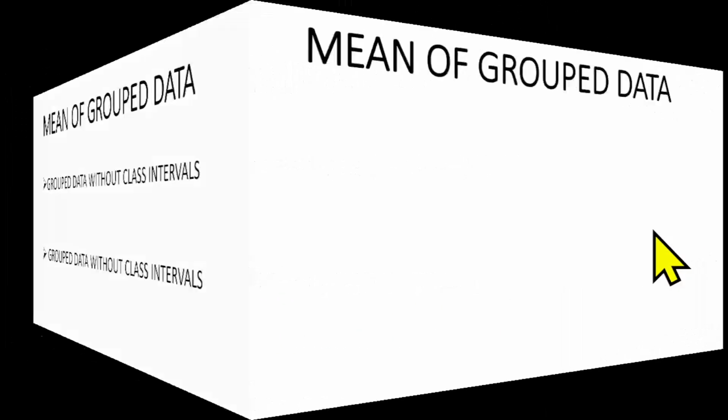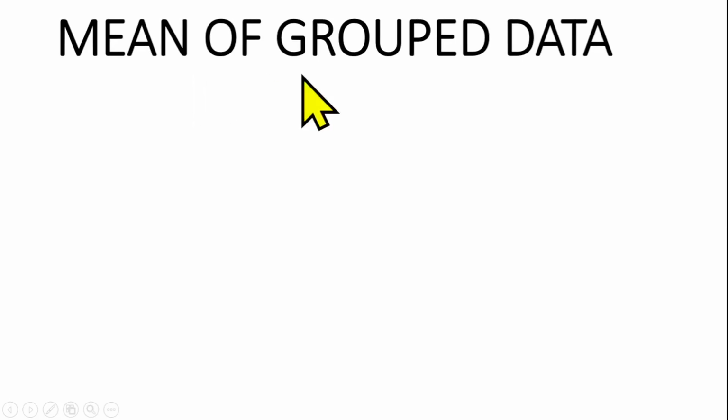So let's start with the mean of grouped data without class intervals. When it comes to finding the mean of grouped data, whether with class interval or without class interval, we should know that frequency will be involved in a grouped data. So to find the mean of a grouped data, whether with class interval or without, we use the same formula,